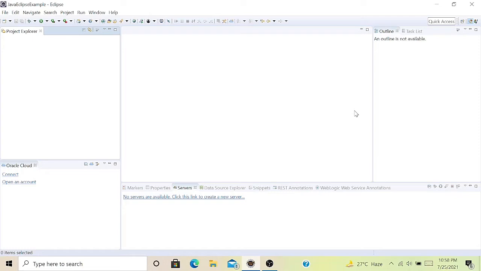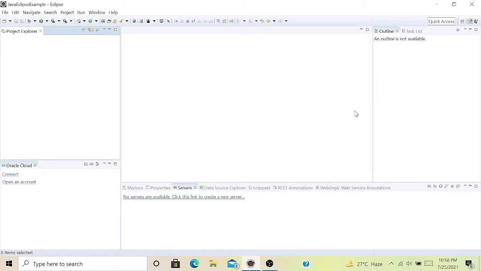Like when we work with any programming language, you first have to type the source code, then compile the source code, then run the source code. So we use one software which has all the features like editor, compiler and running the program. In Eclipse, you can do all these things.